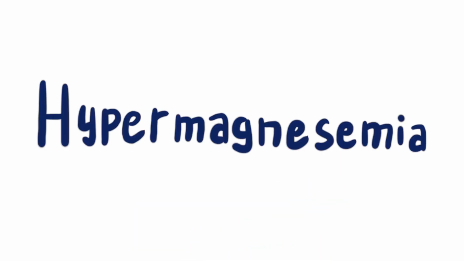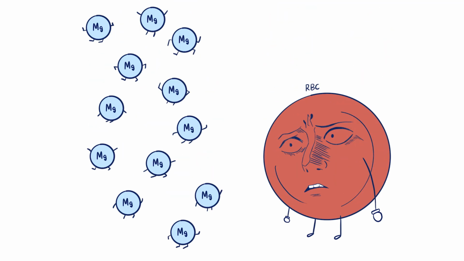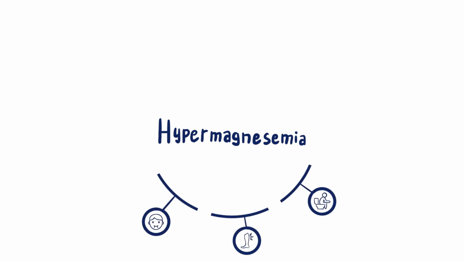Most of these health effects are related to hypermagnesemia, which means that there is too much magnesium circulating in the blood. As the magnesium level rises, different symptoms start to manifest, and the severity of those symptoms is proportional to the levels of magnesium found inside the blood. For starters, the most common effects of hypermagnesemia are nausea, cramps, and diarrhea. Also, sometimes it can cause the softening of the stool.